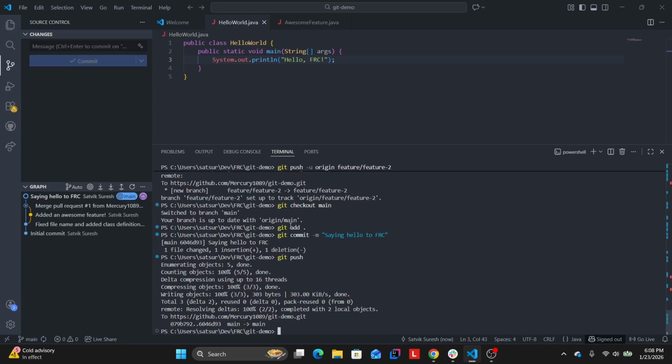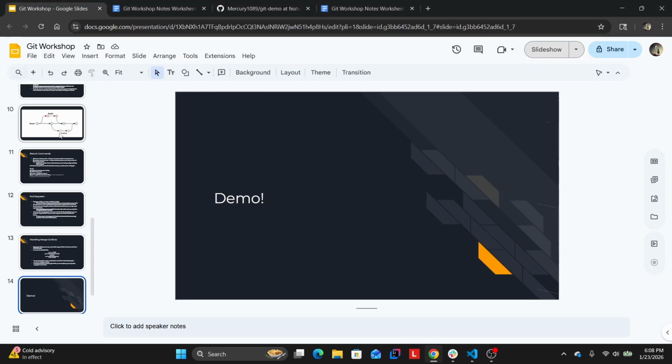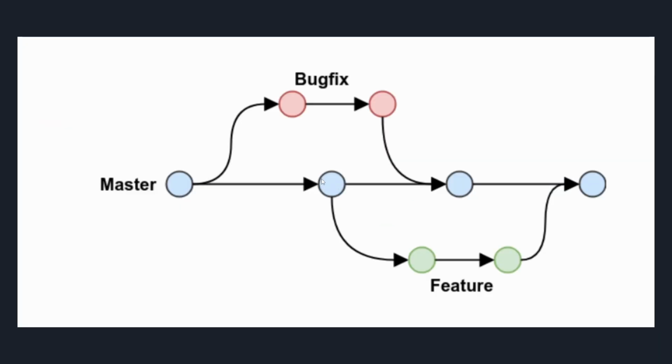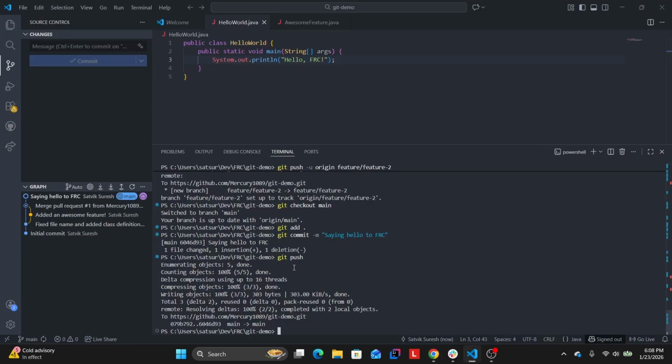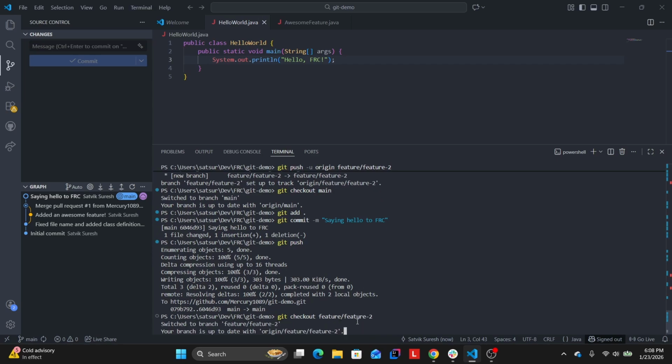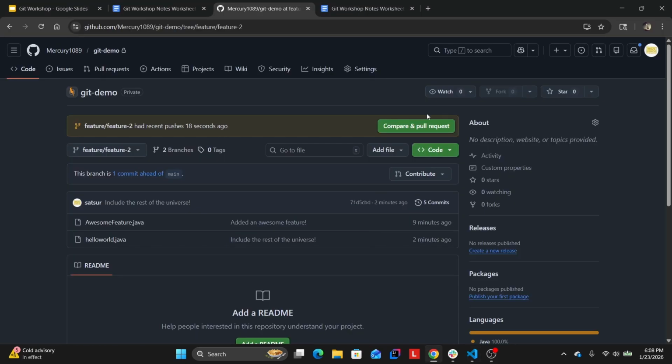Great. So now what's happened is we've branched off. I can show you with a little diagram here. We're in the middle right now, and we've branched off to our feature branch. We've also gone one commit ahead on our main branch. So now the two branches are separate, and we have a different version of this hello world file on each branch. So now let's say we git checkout feature slash feature two, and let's say we compare